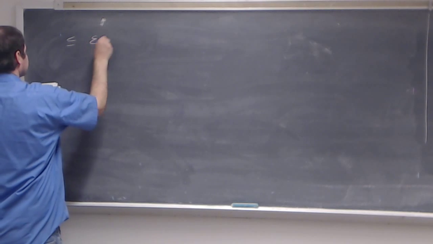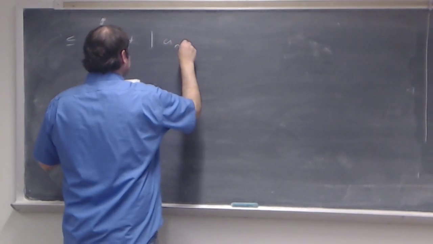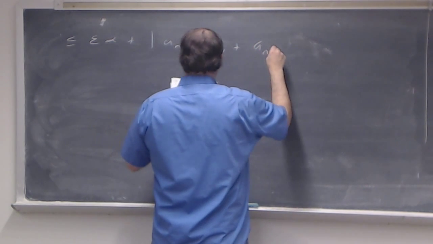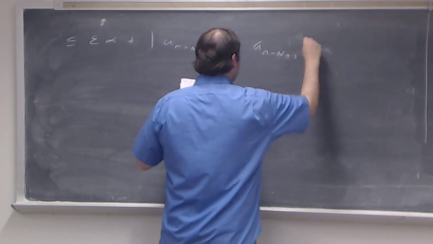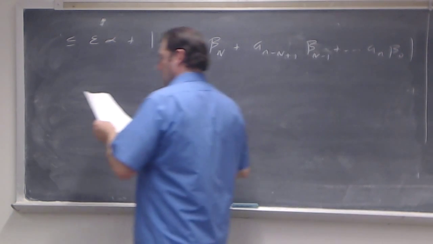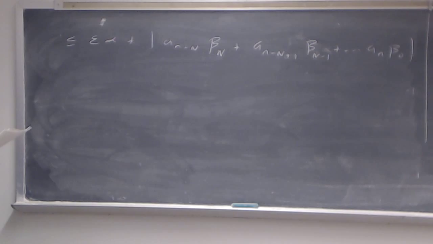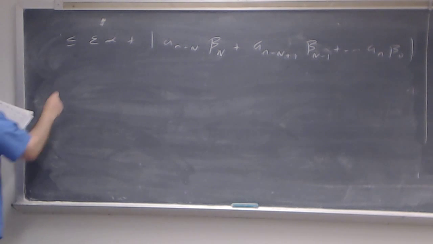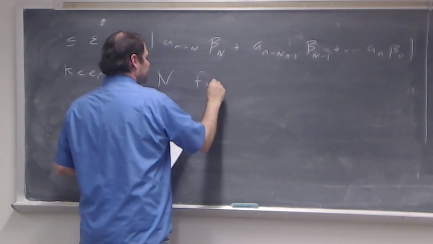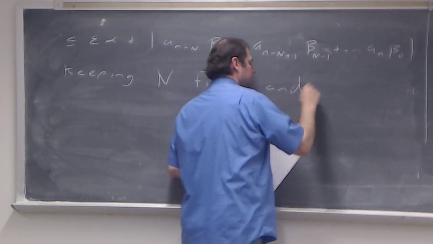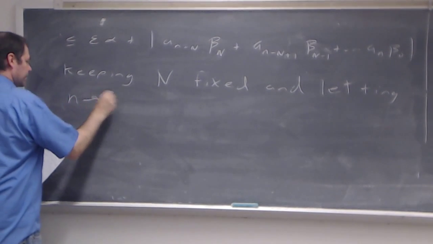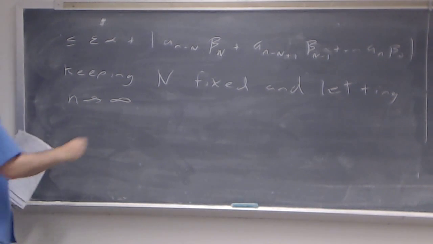So this is less than or equal to epsilon times alpha plus a sub n minus big N beta sub big N plus a sub n minus big N plus 1 beta sub big N minus 1, all the way up to a sub n beta sub 0. And now what we're going to do is keep big N fixed and let little n go to infinity. So keeping big N fixed and letting little n go to infinity, we have,